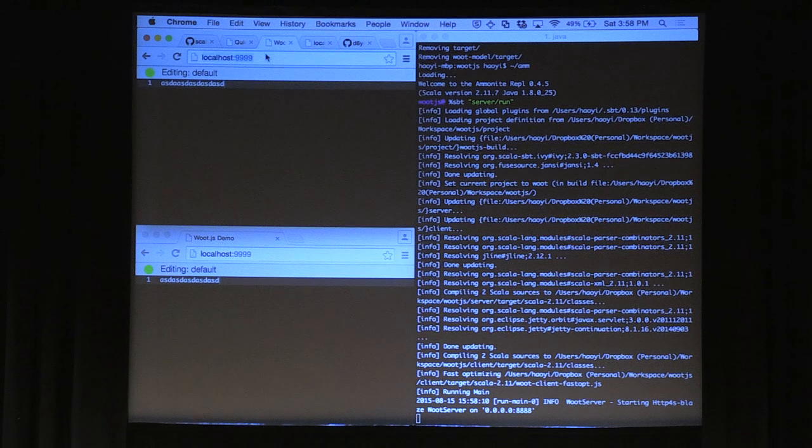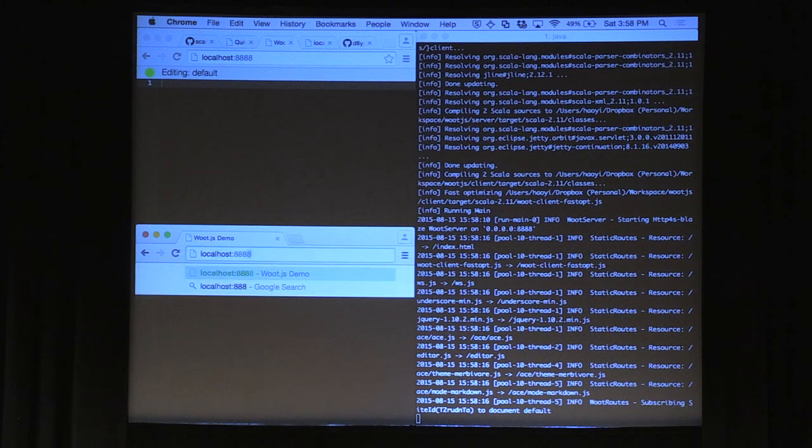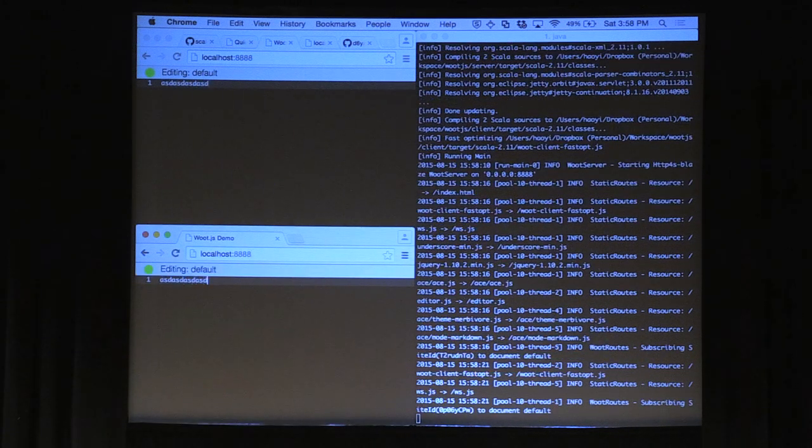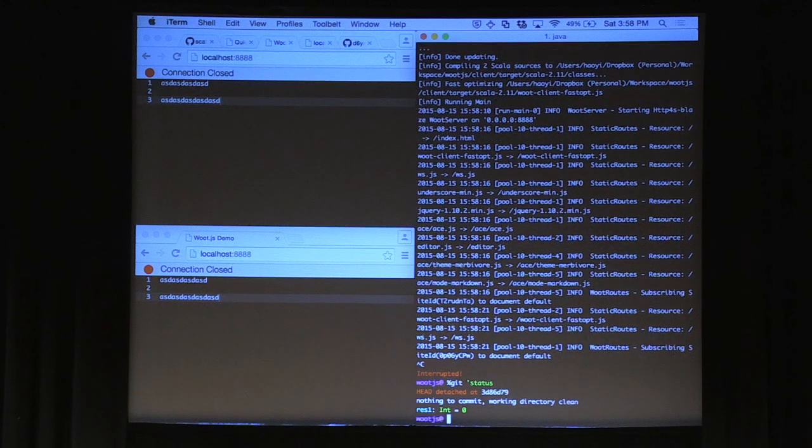So let's try this again. Attempt number 3, please work. Okay, here we are, finally worked. I guess I finally cleaned out all the bad state I had. So now we know this works. I can kill it. You see, interrupting the program doesn't kick me out of the Scala REPL. My git status seems to be clean. Let's try making some change to its program.